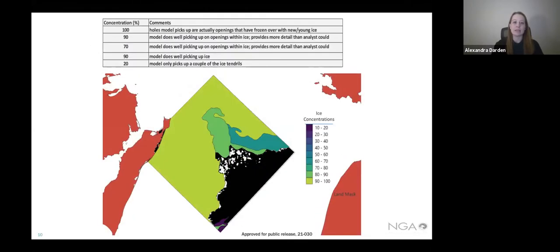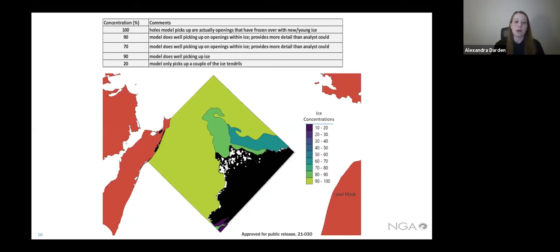I then analyzed the image at the same resolution I would if I were analyzing a US NIC working chart, that I talked about earlier, to understand how well the binary image did compared to an analyst's average analysis. At the top you'll see an attribute table associated with the different colored polygons on the slide and some comments associated with them.